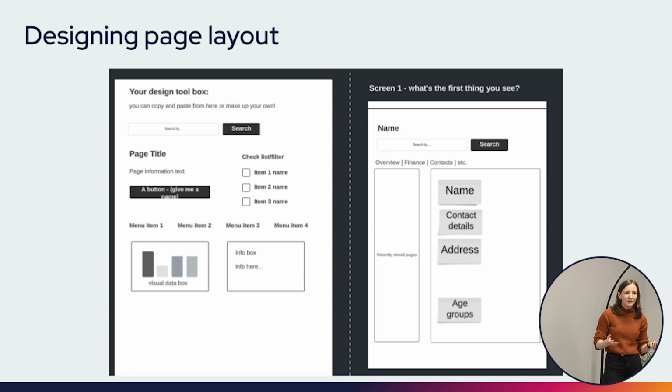But it's not just about grouping the data. Co-design is also about creating those initial pages with people. And I think it must be quite intimidating if you don't have a background in design, or sometimes our users say, oh, I'm not very creative and things like that, to then come along and be like, hey, design a page for us. So we try to give people lots of different options of how they can do it,